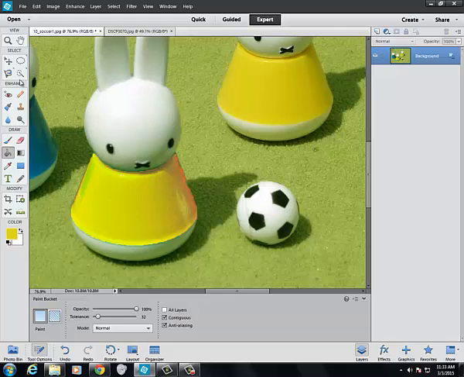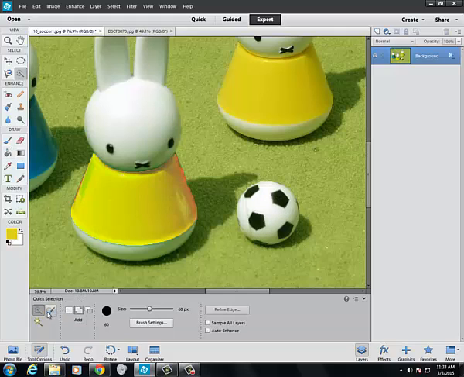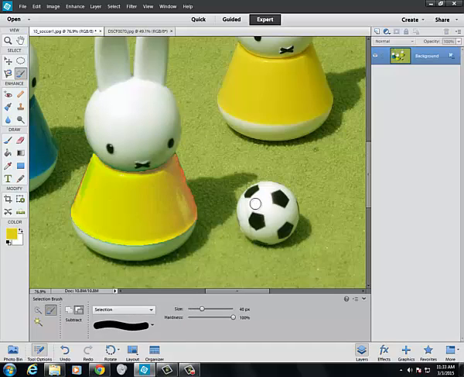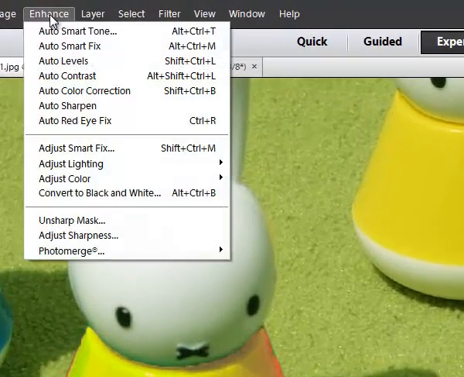Again, we need to make a selection. I'm going to make a selection using my selection brush this time. And again, I'm not going to spend your time re-showing you how to make an awesome, perfect selection. Obviously, you need to do a whole lot better job than I just did there. So, pretending that I've done a really great job of selecting this, how do I change the color of something that has no color? I'm going to go up to Enhance,